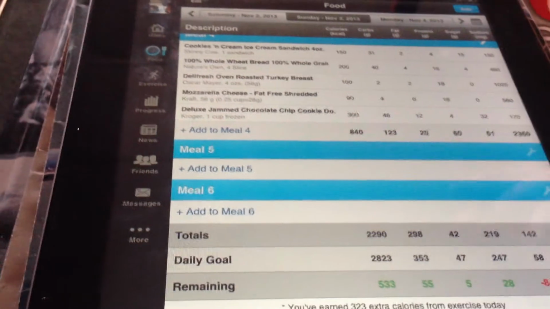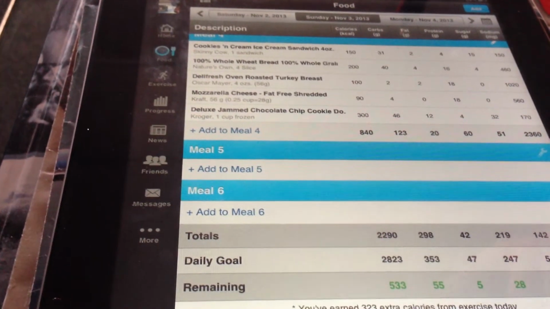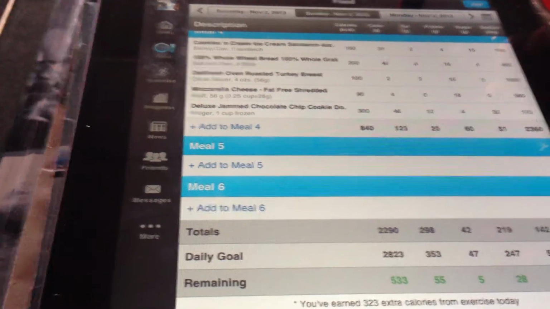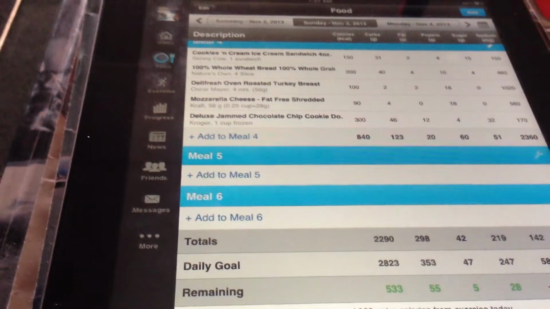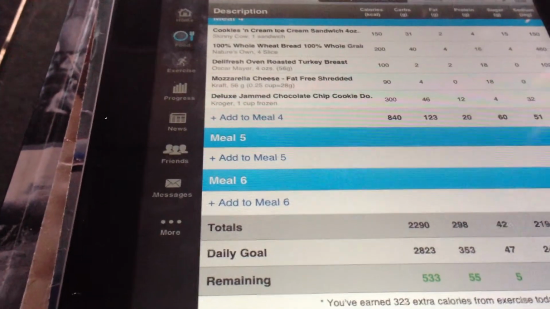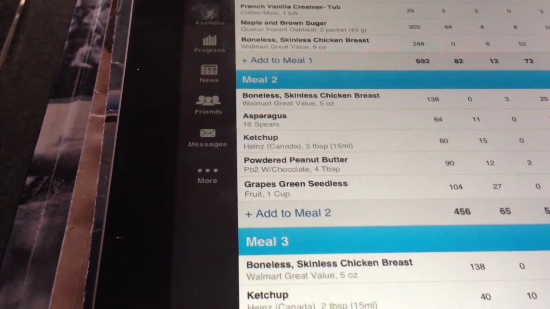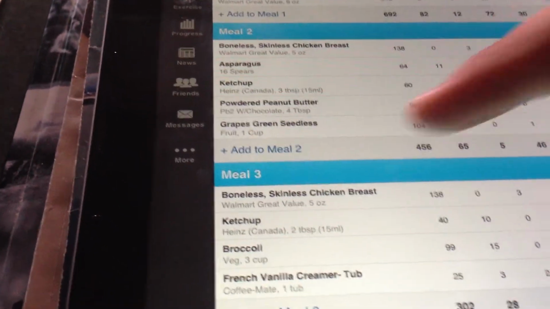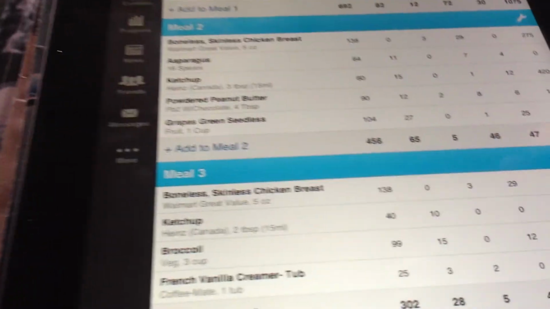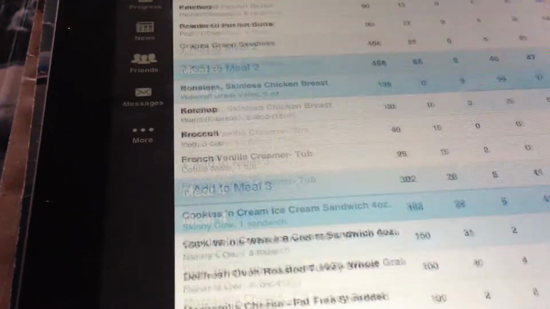And then I try to do 1, preferably 2 servings of fruit during the day. So today, I got 1 cup of grapes, so that's what I did for my fruit serving. But anyway,